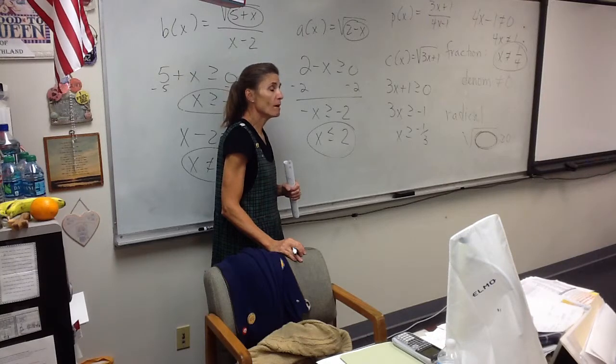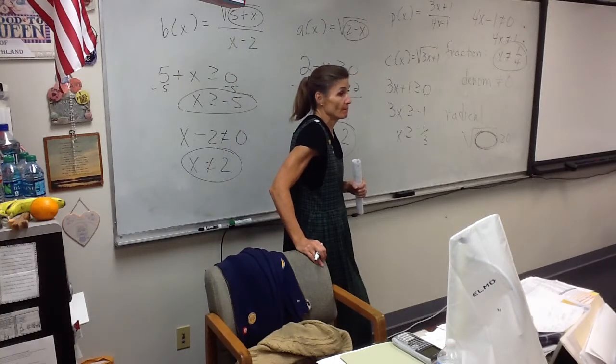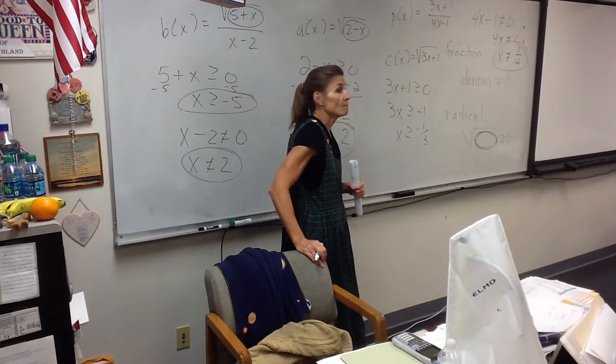Wait, why is that one possible and the E wasn't when it was a fraction? Because I took the square root. Oh, so you can solve a fraction. Yeah. When there was the x squared, it was